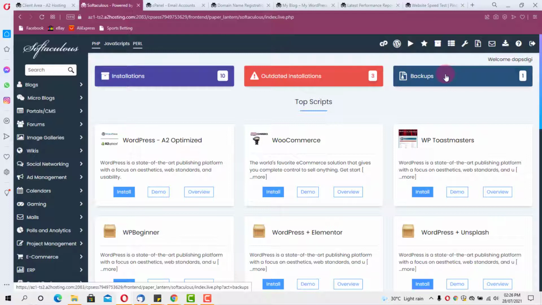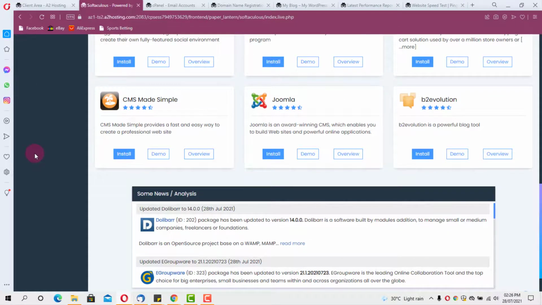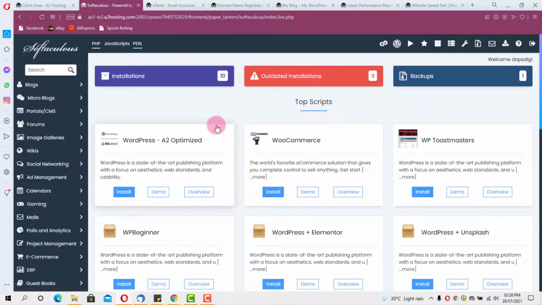Softaculous is a wonderful application that gives you access to tons and tons of applications that you can install here. So there are just so many. You can keep scrolling and scrolling for you to see. But the first thing you see here is WordPress A2 Optimized, and this WordPress here will not just install WordPress but some plugins that A2 Hosting is recommending that you install, including the native A2 Hosting plugin itself to boost your website speed. So if I hit the install button,